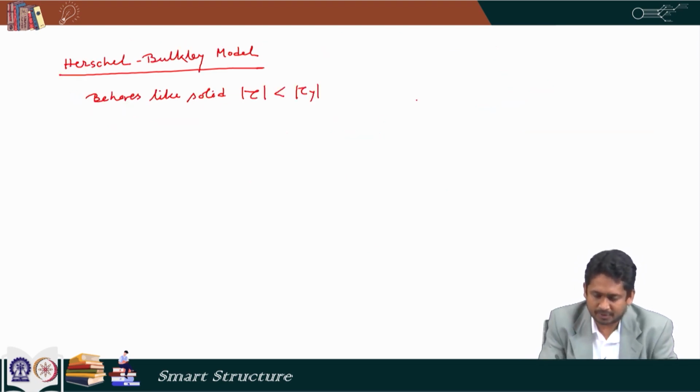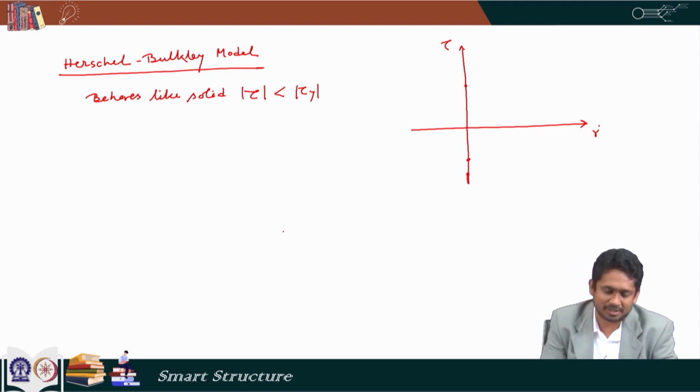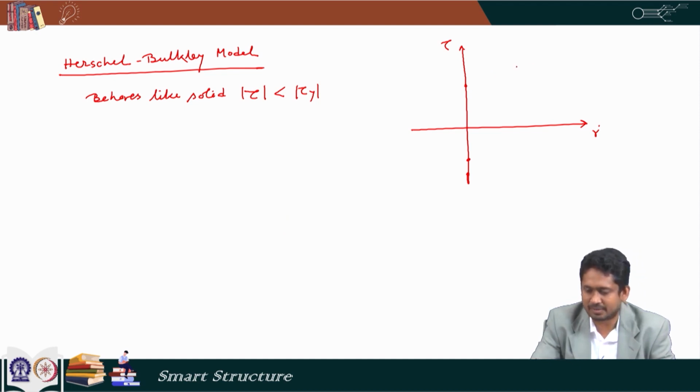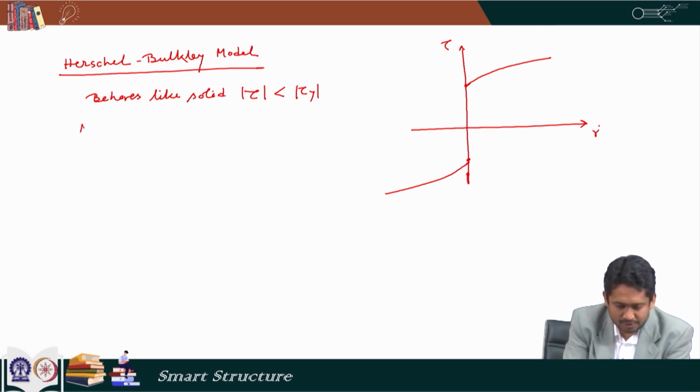Now, again the same thing, we have gamma dot, we have tau. So, until and unless we are here, no flow is possible, but the Herschel-Bulkley model says that after that the behavior can be non-Newtonian. So, instead of a Newtonian behavior, the graph can be a curve. So, non-Newtonian behavior